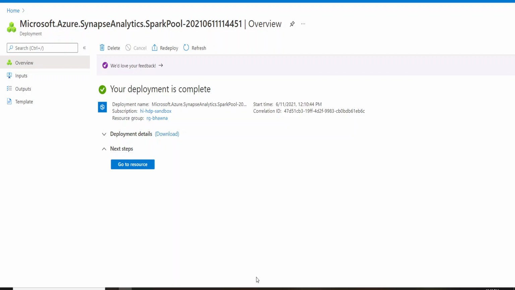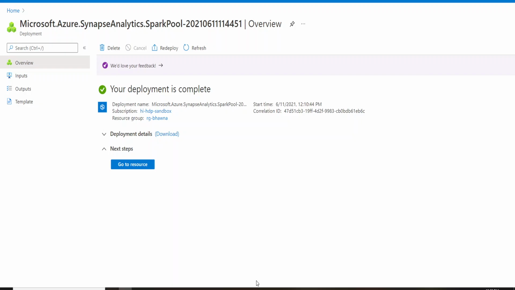So you can create different Spark pool configurations for each of your jobs. And remember that you are not paying for the existence of the pool. If I have created and deployed it, I'm not paying for just the deployment or the creation of the Spark pool. I'm actually paying when I actually use it, when I spin this Spark pool, when I start this Spark pool. That is the time when I'm paying for it.